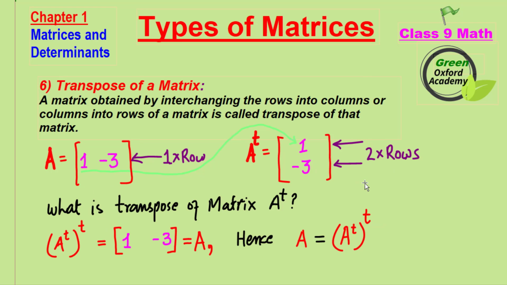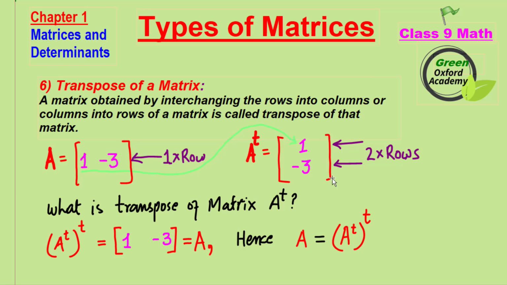Now let's discuss another property of a transpose matrix. Here you can see we have a matrix A. It has 1 row and 2 columns, so the order of matrix A is 1 by 2. After taking the transpose of matrix A, the matrix which we obtained is a transpose matrix AT, which has 2 rows and 1 column, and the order of the transpose matrix is 2 by 1. As I already discussed, by taking the transpose of any matrix, the order of the matrix must be changed. Here in our example, the order of matrix A is 1 by 2, but after taking the transpose, the order of matrix AT is 2 by 1.